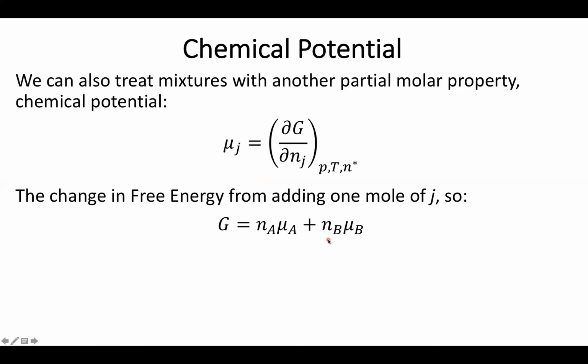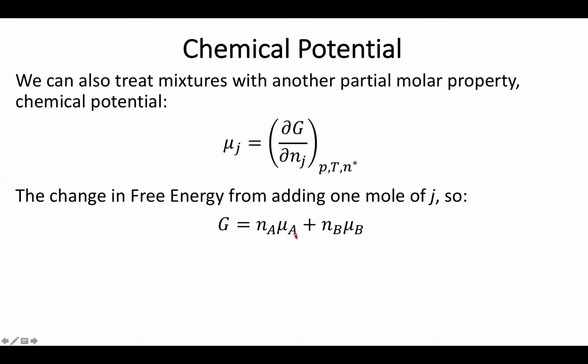So again, just like with partial molar volume, one way that we often end up thinking about the free energy of the system is essentially just a combination of the chemical potentials of each of the individual components times the amount of that component present,